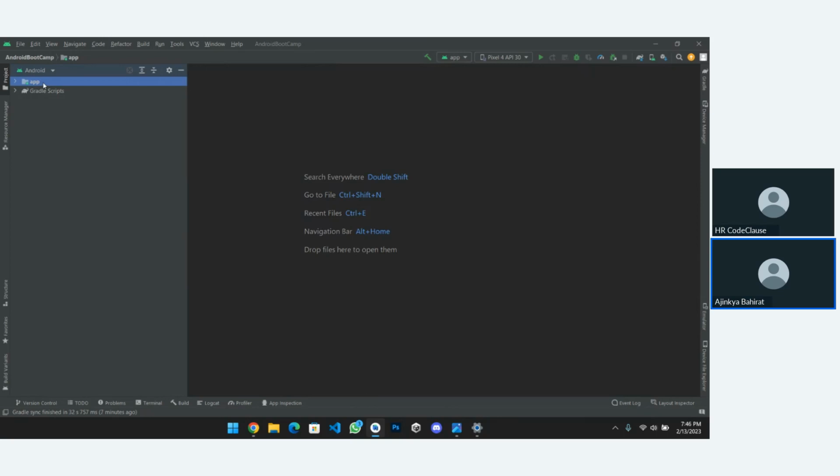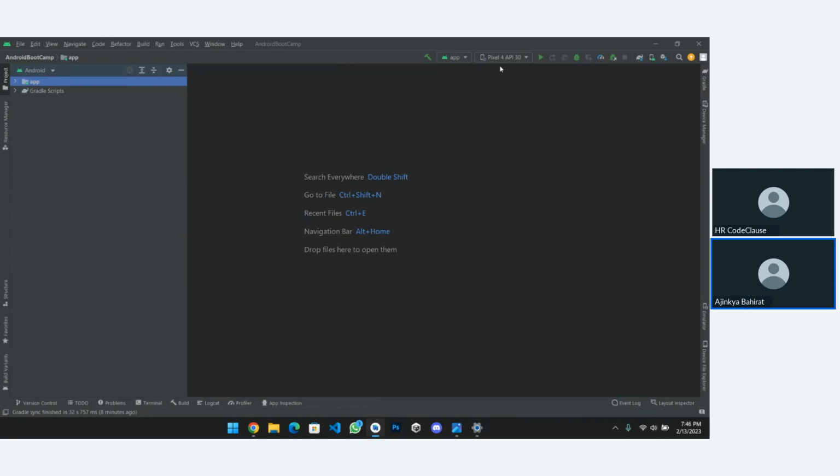So in that way, here app is our module, which holds our whole application as a pack. Like we store multiple images in a zip file, our application's different files are stored in an app module like this.